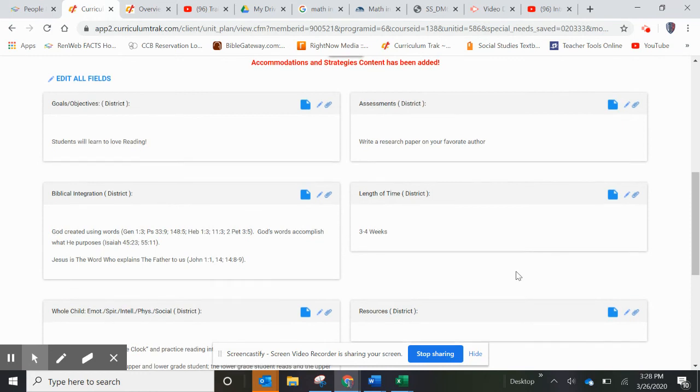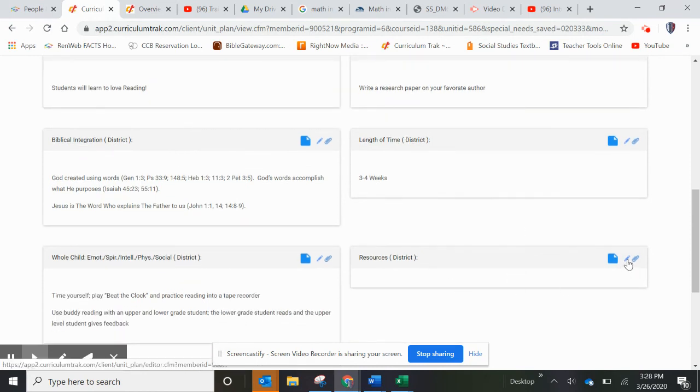So, lastly, as well, resources. That's just if you want to attach